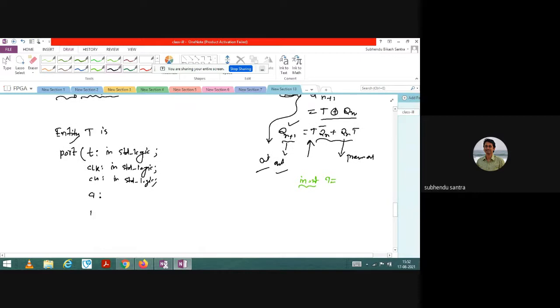Qn is the output you can rely on, the similar way of what I did. So Q is output, and output also you need to specify for this case. Q is output standard logic. You have to assign something, because our current output and previous output are mixed. So you have to initialize the value, like your differential equation, you need to initialize. Similarly here also. So inout, that is the standard logic.